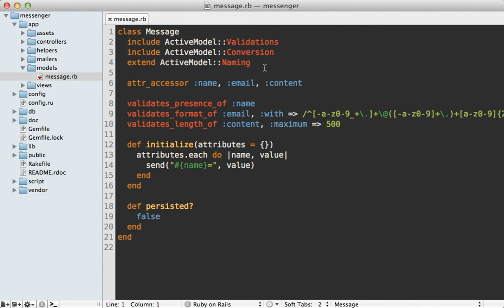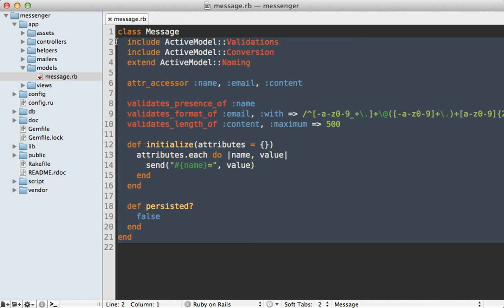Back in episode 219, I showed you how to use ActiveModel to create a model that is not backed by the database, but still has some features you know from ActiveRecord, such as validations. Now, ActiveModel is great, but it's not very convenient to use directly like this. You can see it takes quite a bit of code just to make a simple model that has some validation